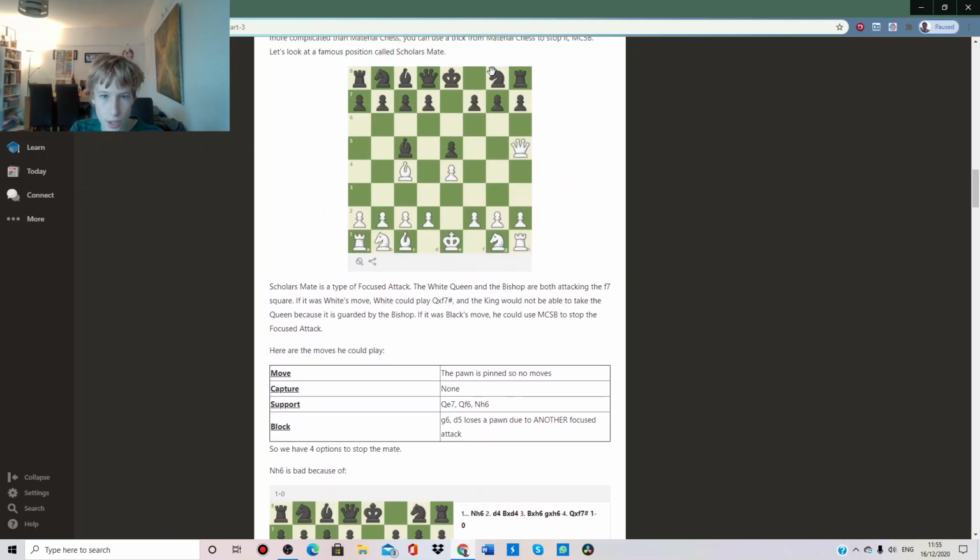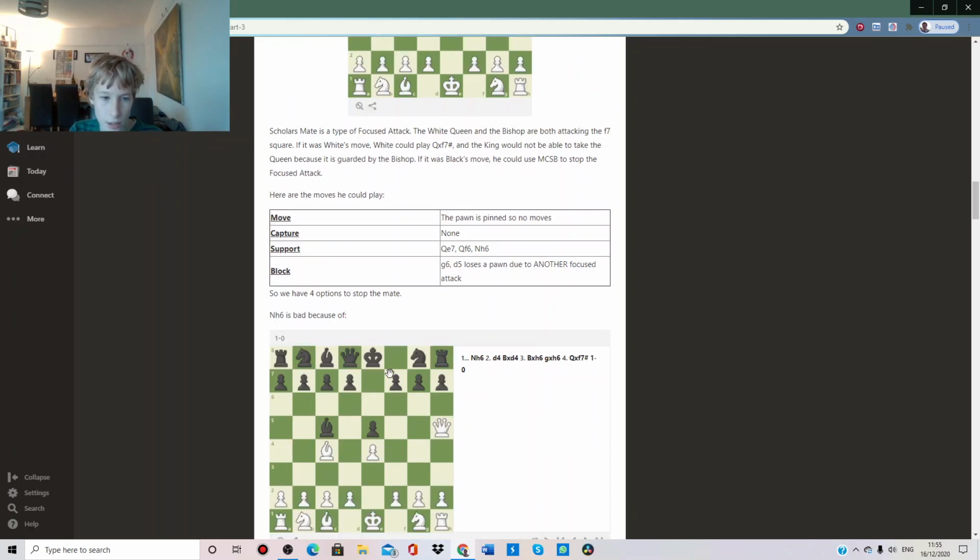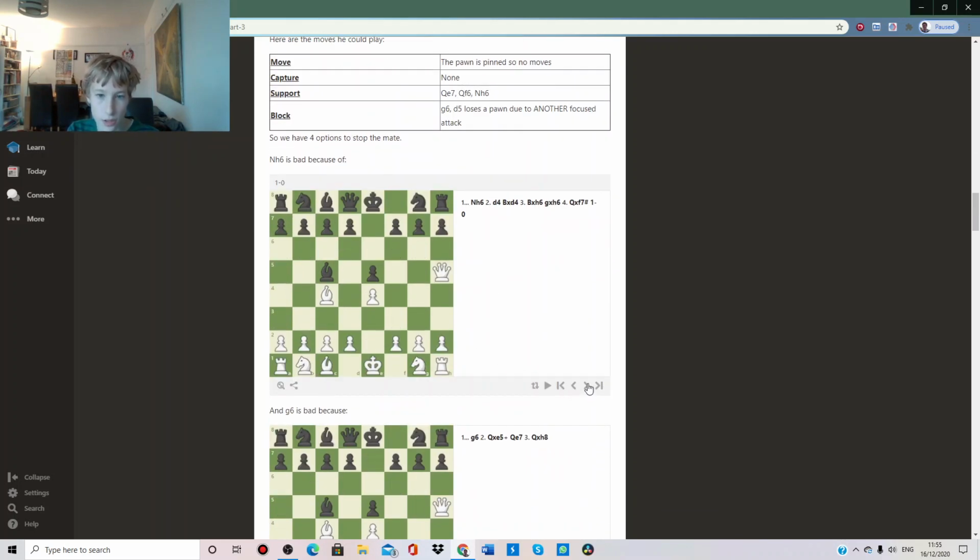Knight h6, to support the pawn, is bad because of this continuation. The knight plays h6, d4 attacking the bishop. The Black bishop either has to take or run away. In this position it decides to take, it doesn't make a difference. White takes the knight, and all of a sudden it's not guarding anymore, and the queen takes there. This is quite complicated, so you don't need to worry. This is the type of tactic called removing the defender, and it's not needed at this level of chess, so